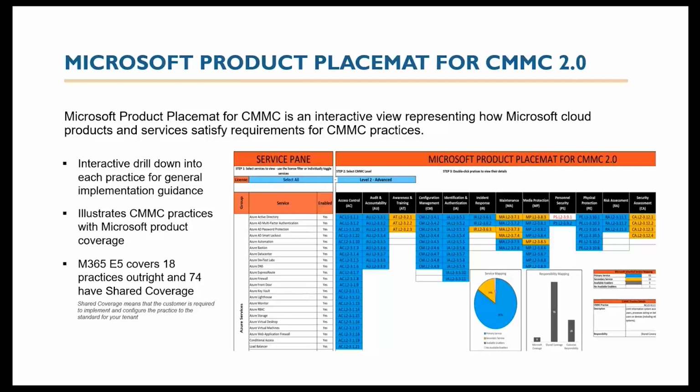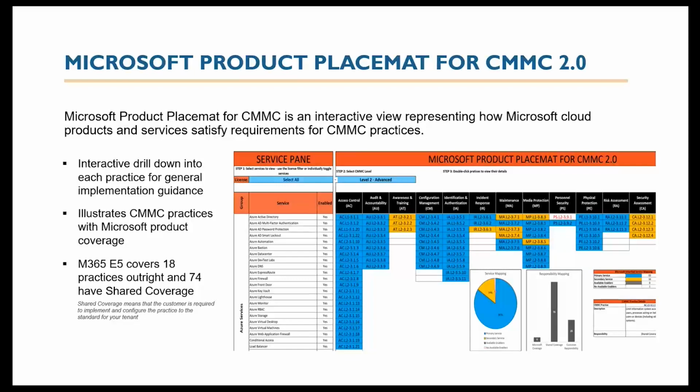And sorry, the control families are actually on the right. So it shows you at a very high level how different services in the Microsoft Cloud, particularly GCC High, can help you meet each of these CMMC requirements. Microsoft says right out of the bat that the Microsoft 365 E5 license covers 18 of these practices outright and